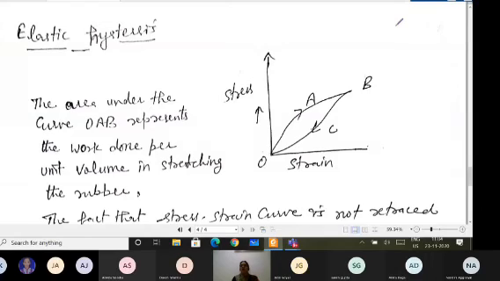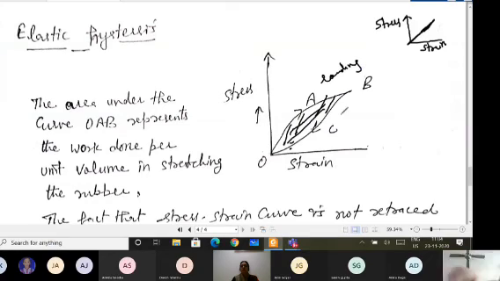If a body is following Hooke's law, then the stress strain graph will be like this, and on removal also you will be getting the same graph, it is retraced. But now when we are talking about the elastomers, the materials for which Hooke's law is not obeyed, then this path is not retraced and some area is covered between these two lines while loading, I can say, when I'm doing the loading, and this is when you unload.